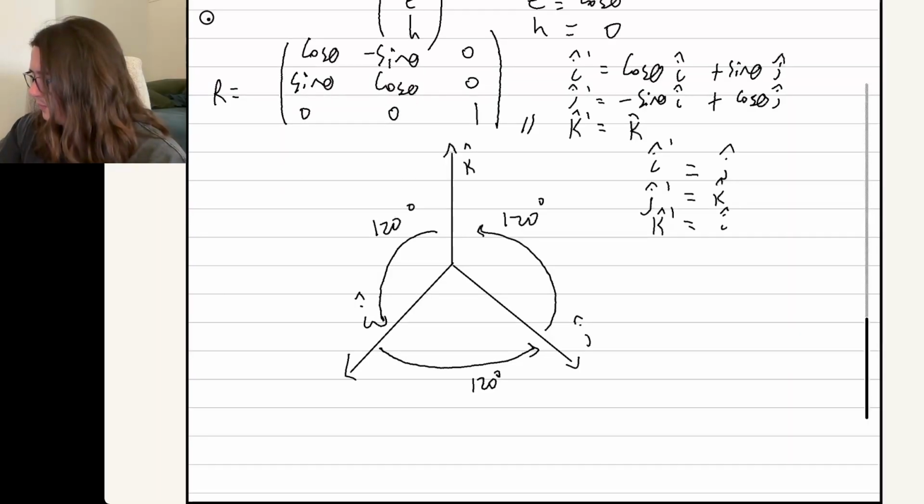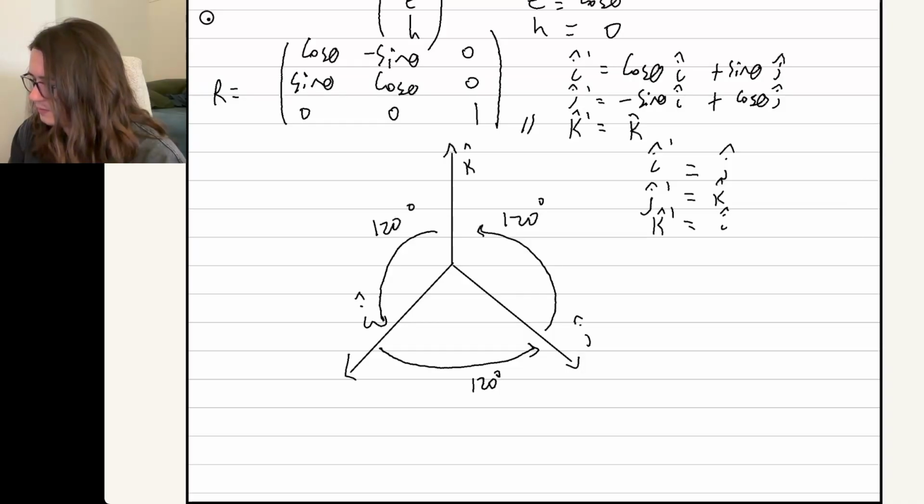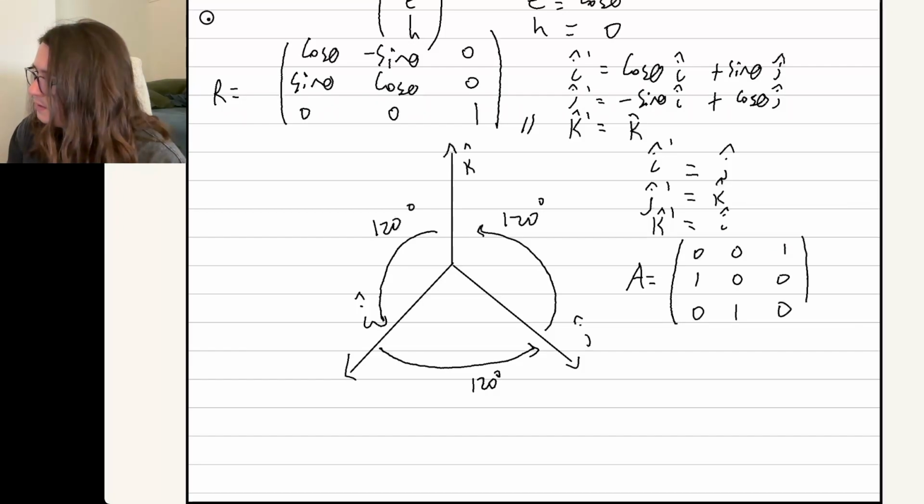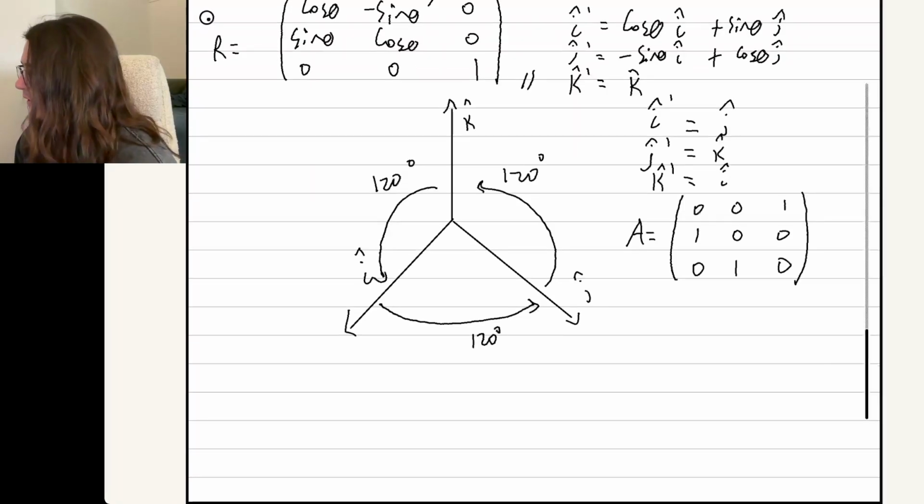So with those in mind, we can write this new transformation matrix, which I'm just going to label A for rotating around 120 degrees. I hat equals J hat, so it's going to be 0, 1, 0. J hat prime equals K hat, so it looks like 0, 0, 1. K hat prime equals I hat, so it looks like 1, 0, 0. And that's awesome. And then finally, the last rotation, I'm not even going to draw a